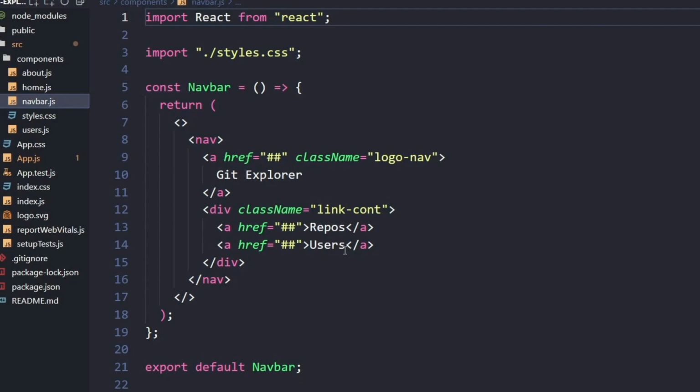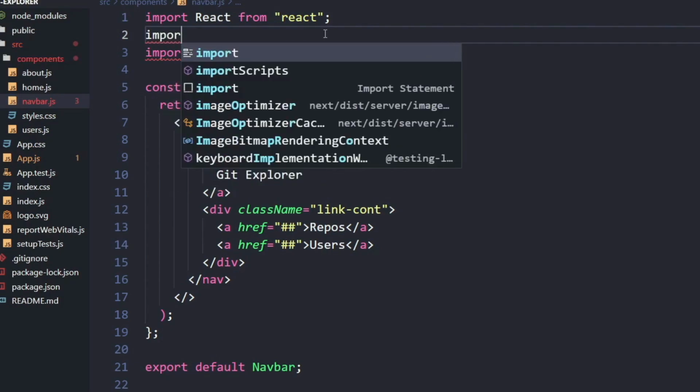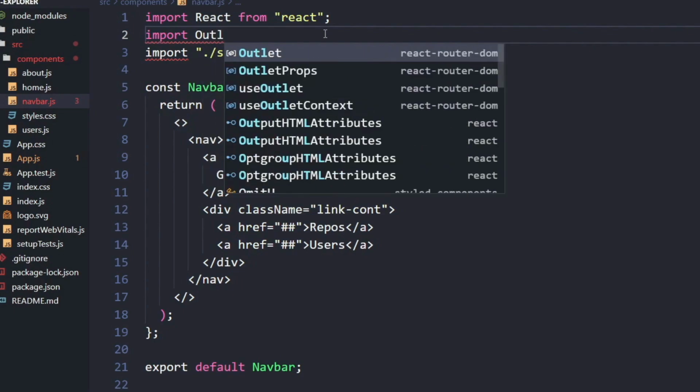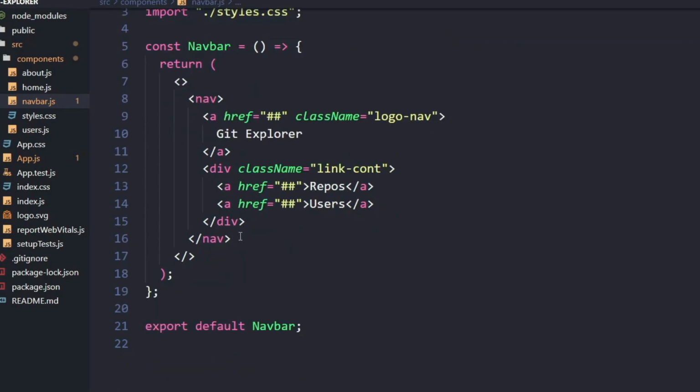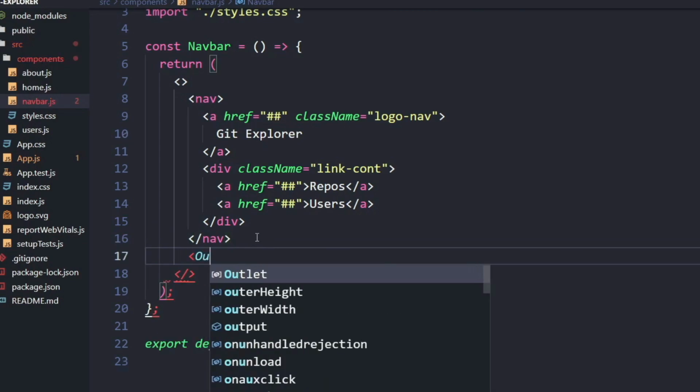First, let's import the Outlet component from React Router DOM. So over here, I'm just going to import Outlet from React Router DOM, just like this. Then since we want to render all other child components right below our nav, in between the nav HTML tag and the container tag, we simply input our Outlet tag. So over here, we say Outlet,